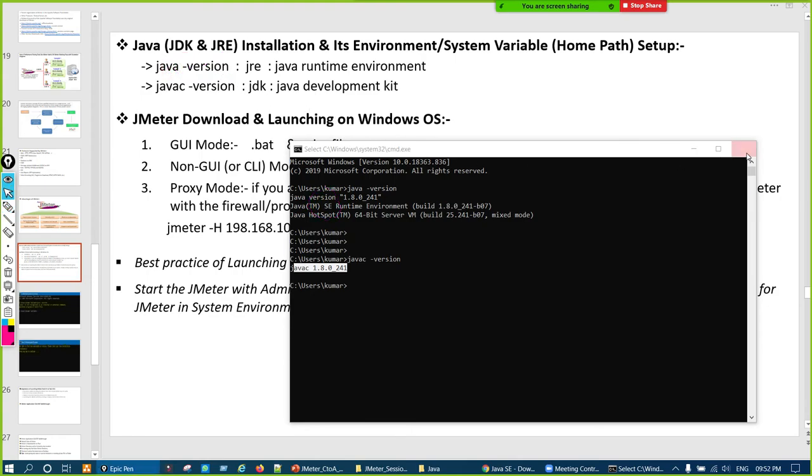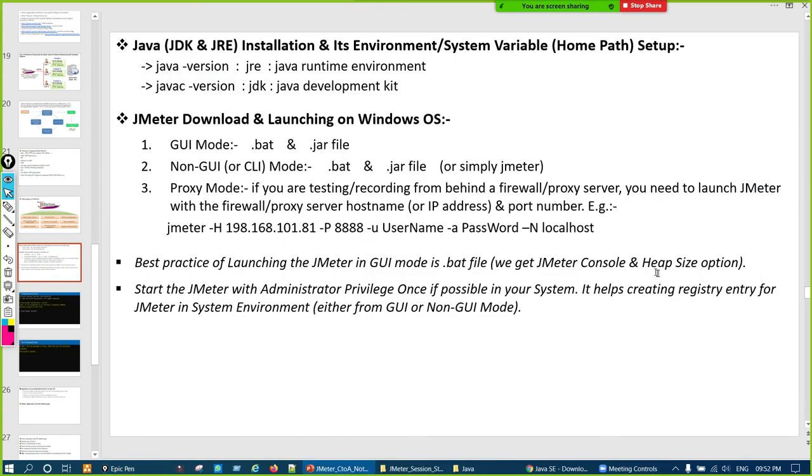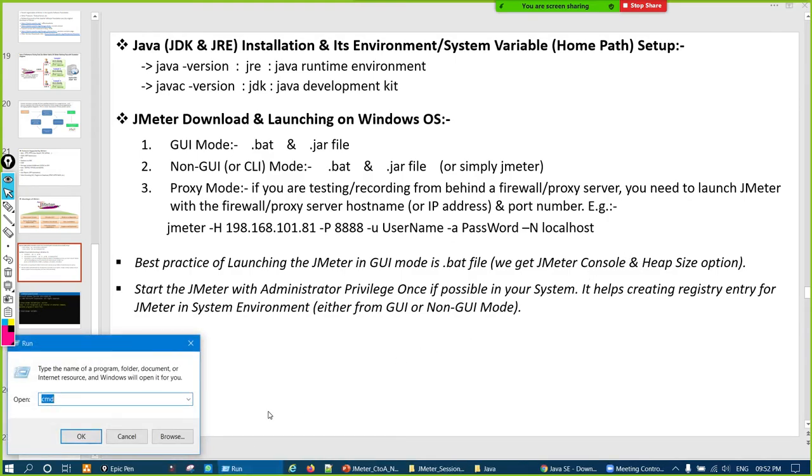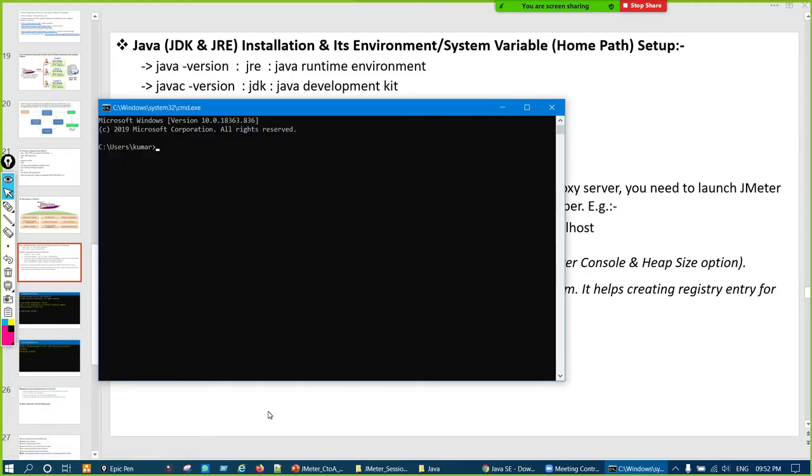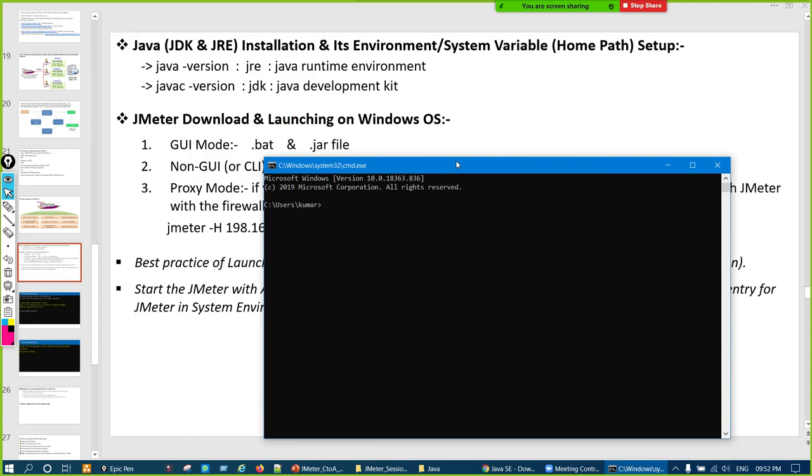But always remember that if the command prompt was open during installation, you have to close it, and after installation open the command prompt again and then type the command, like java -version.